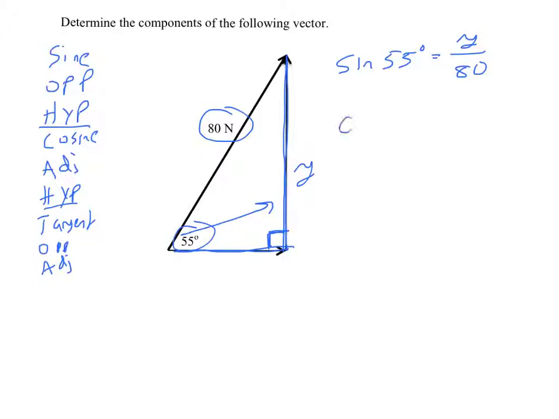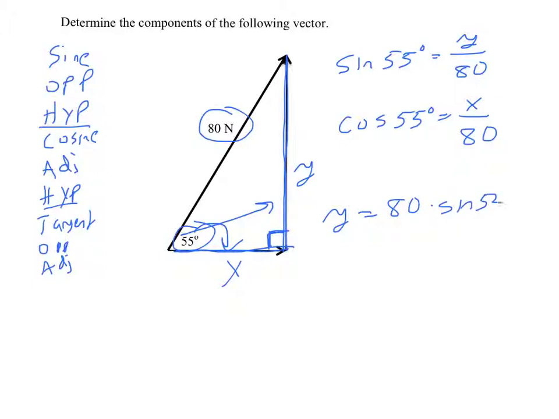And it means that the cosine of 55 degrees in this situation is the adjacent leg, this one, x, over the hypotenuse 80. And this is enough for me to solve for y and x. I don't actually need tangent. So that means y equals 80 times the sine of 55 degrees, and x equals 80 times the cosine of 55 degrees. So make sure your calculator is in degree mode when you go to do this. And so I get a y component of 65.5, I'm rounding it a bit,